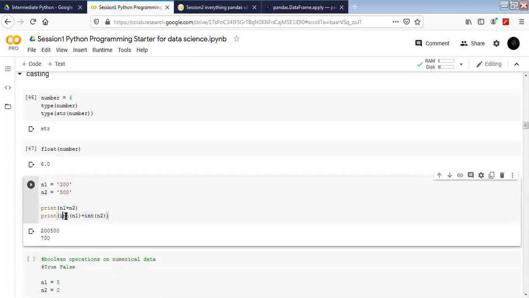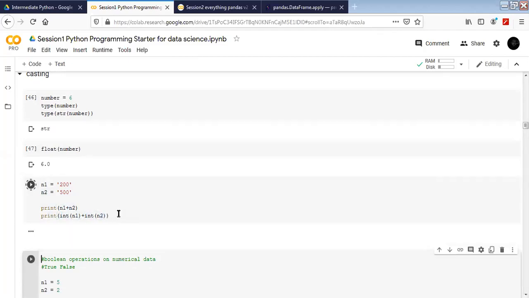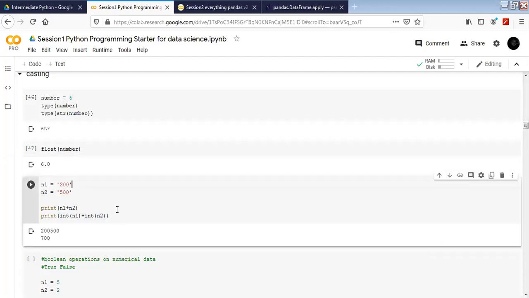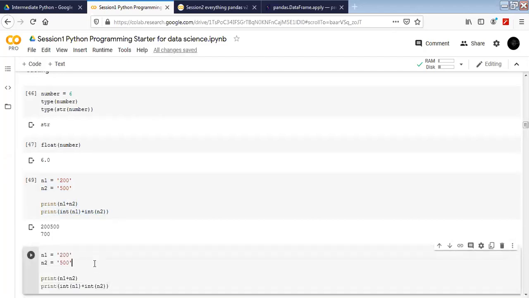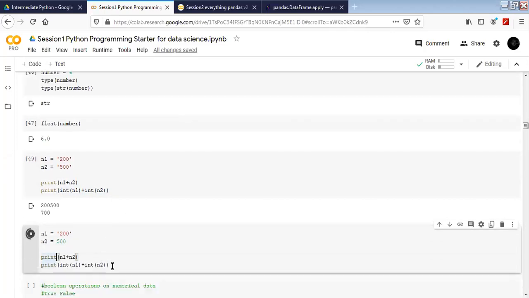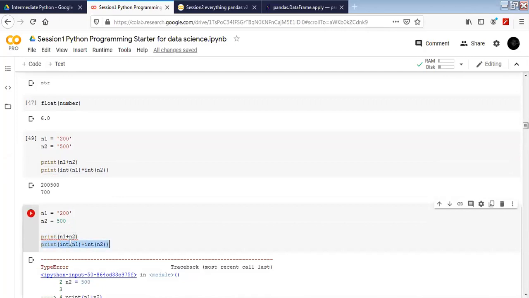Now I need to parse it, or typecast it to an integer, so I can perform the mathematical operation on it. This is how it's going to help us. For example, the same thing here: we tried this and this part gave us an error.